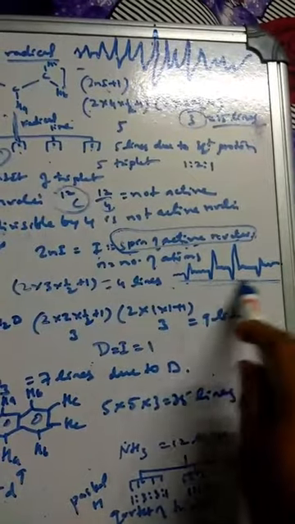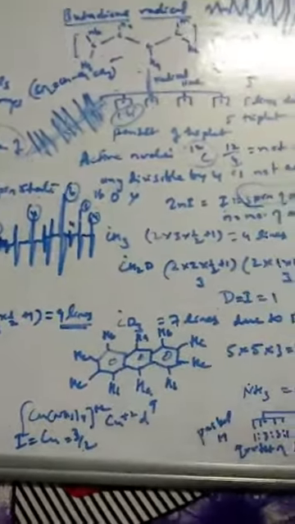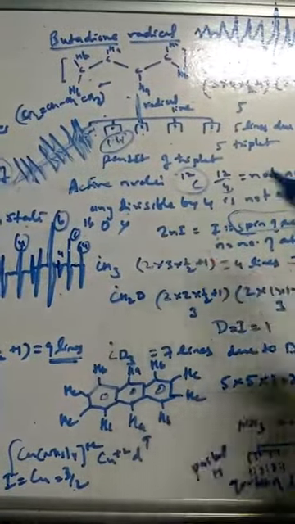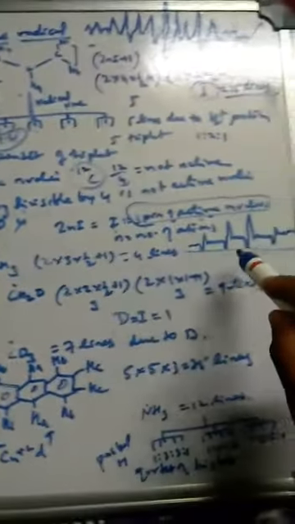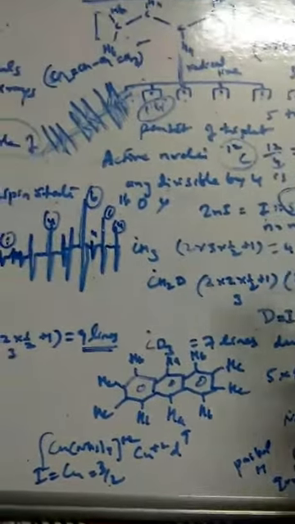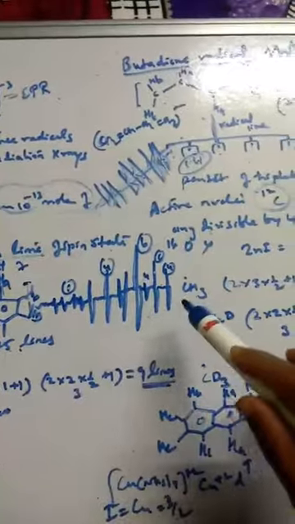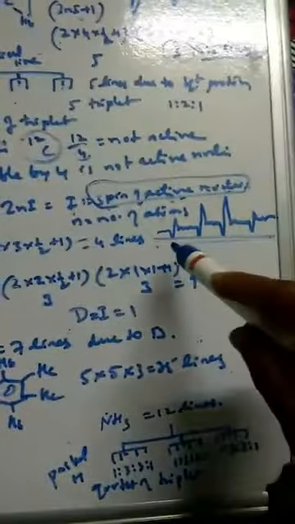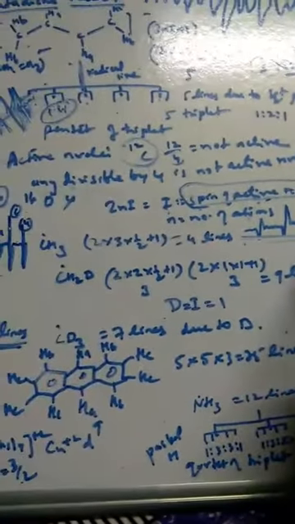EPR is so simple. In the examination they particularly focus on the lines: how many lines is going to be shown in EPR or ESR by this molecule? Just calculate by N or M, whatever they have given, multiply and calculate the number of lines. Hyperfine means like this: triplet of doublet, doublet of triplet, or pentet of triplet. Like this for naphthalene you have seen. For the methyl radical, a quartet, 4 lines, you are going to get.